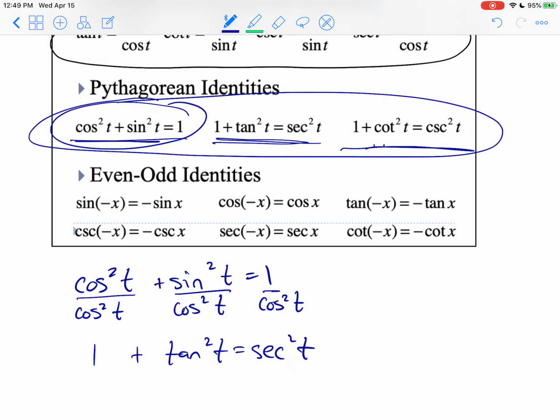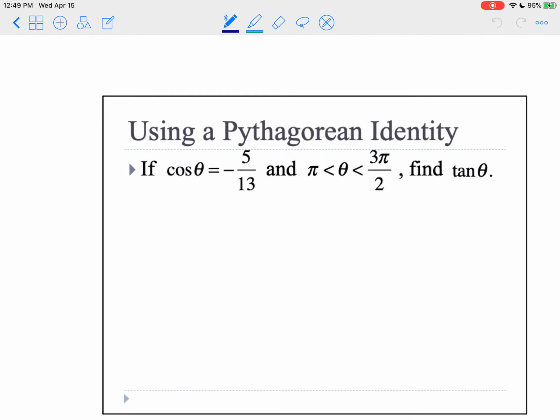And then we have our even-odd identities. These are the things that we talked about earlier in this semester. Symmetry about the y-axis is what an even function is. Symmetry about the origin is what an odd function is. And this is where these identities are coming into play now. Again, you'll have these all because everything's going to be open notes, basically. I can't stop you from using it. So, all right, let's move on to